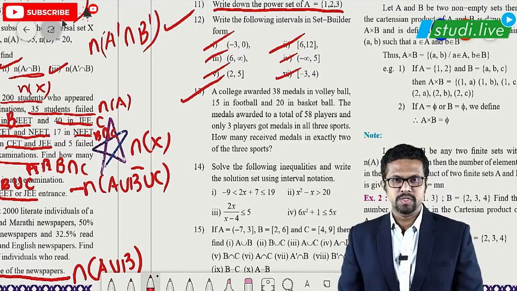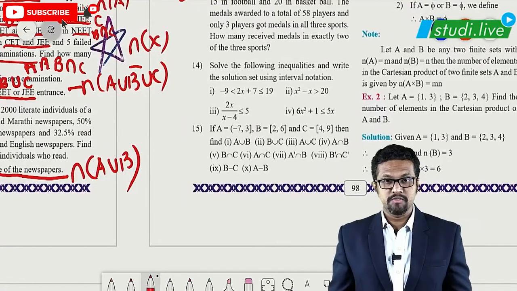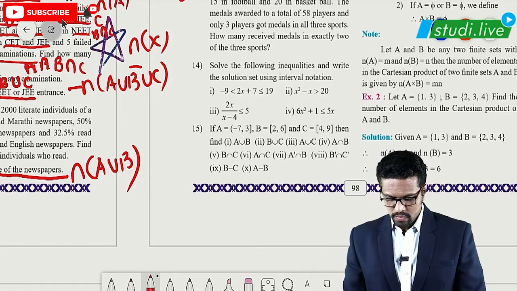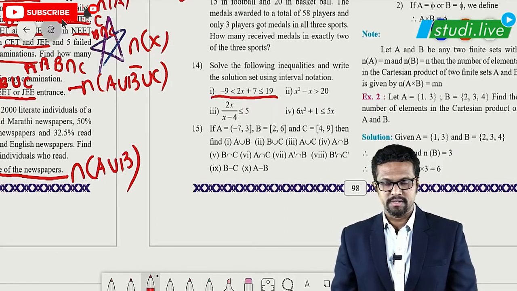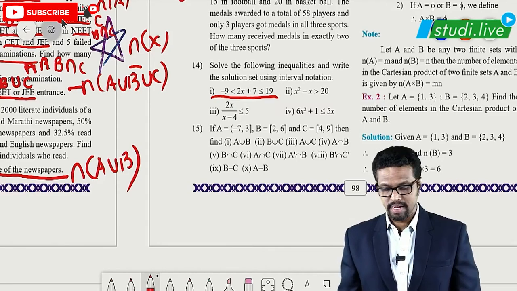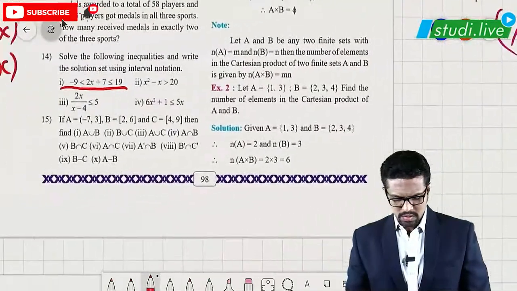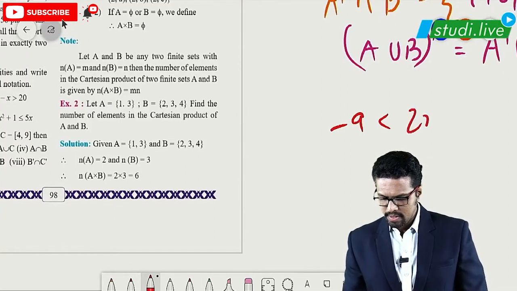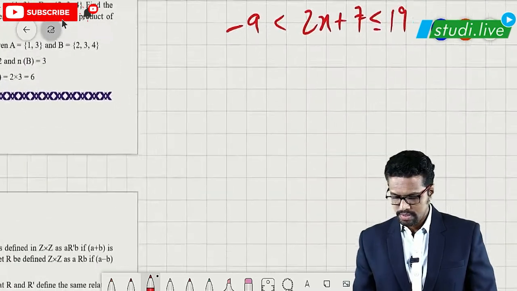This is also a question which is based on cardinality. Okay, so the next questions that we have are slightly different, in which we will find the values of x in the interval form. Obviously we are not going to solve this question like both the values together. We just have to find the range of x. Where do the values of x lie exactly? So 2x plus 7. We can solve one of these questions. The question over here is minus 9 is less than 2x plus 7, that is less than or equal to 19. Let us see how to solve this question.